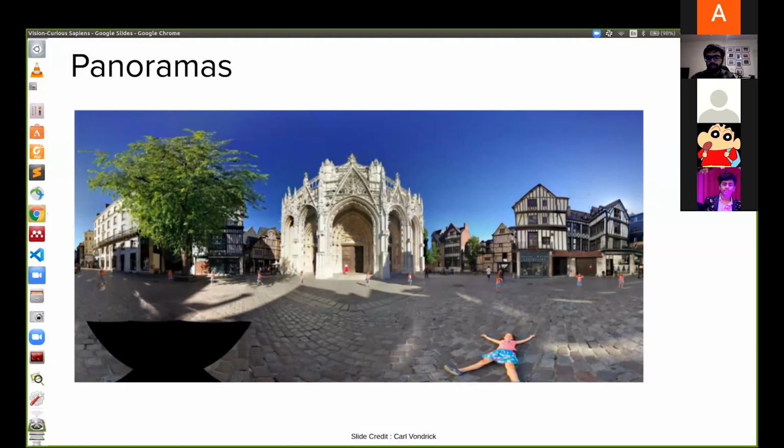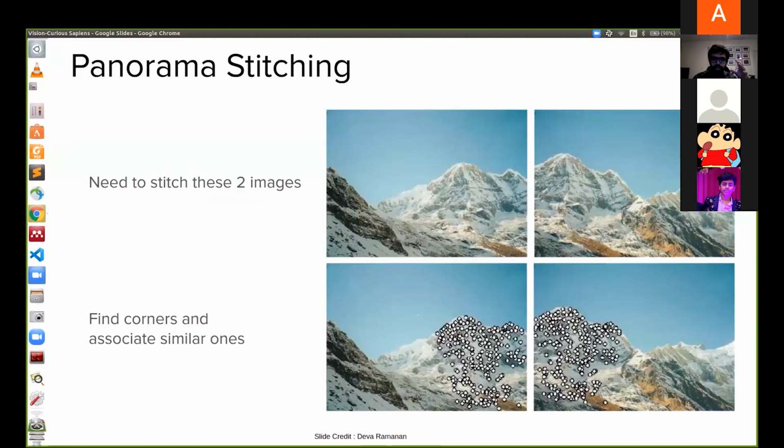Now, how does this happen? How does it know how to combine this image on the left and the right? Now, let's see. For example, we have to stitch these two images, right? Now, these are a bunch of numbers on the left and on the right. Now, there are some algorithms to identify the